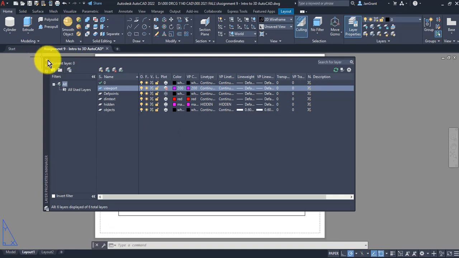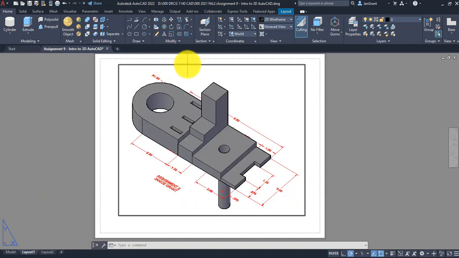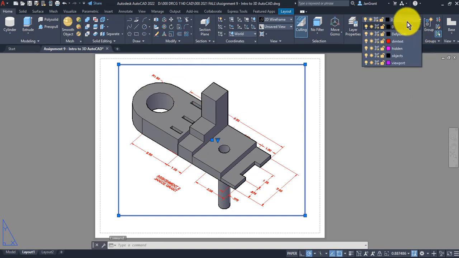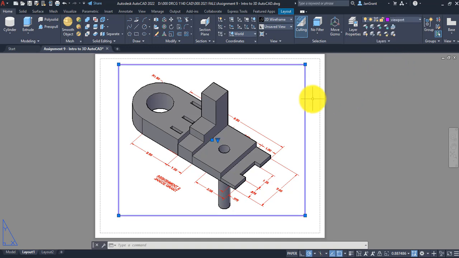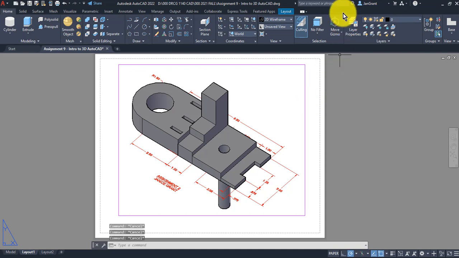So let's go ahead and close out of this dialog box. And now we can click once on this viewport box and go over to the layer dropdown in the layer panel, and click right on viewport. We want to make sure that the box is on the viewport layer so that it won't print. If you escape out of that, you'll see that we didn't make the viewport layer current. Now there are other times when we're drawing the viewport, we're going to make it current, and you just got to make sure that you